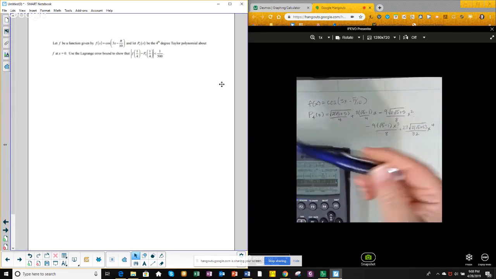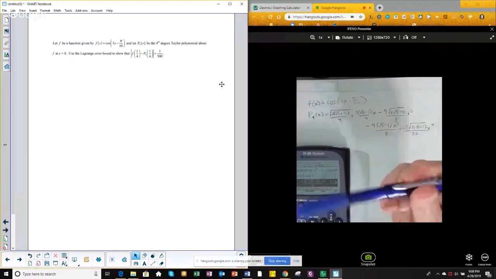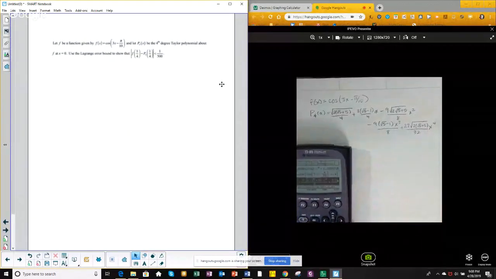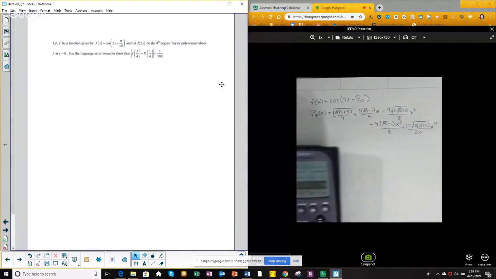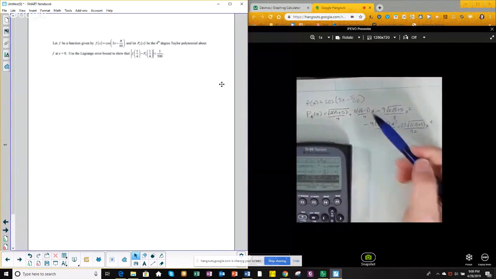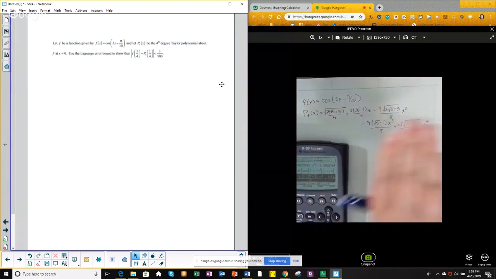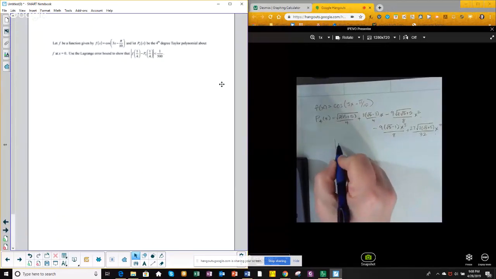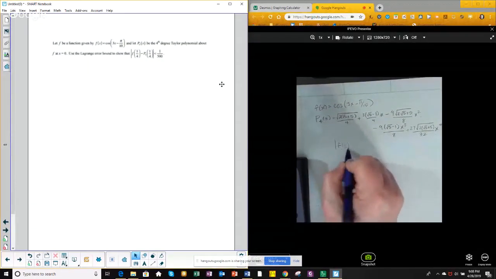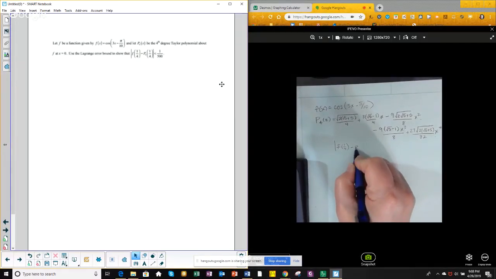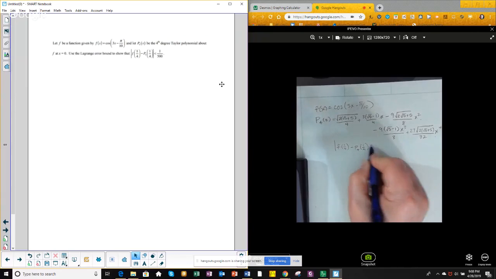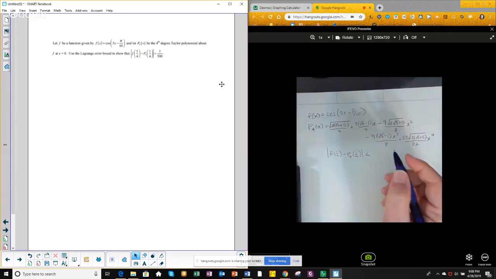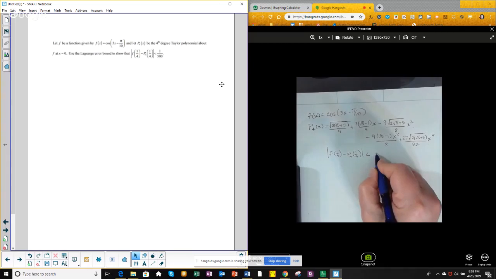But the question's asking us to use the Lagrange error bound to show that the magnitude of the error is less than 1 over 500. Okay, so I'm looking at my Taylor polynomial here. It's degree 4. So the next degree, the derivative that we would have thrown away, would be the 5th derivative. So we're going to say that the magnitude of the error evaluated at 1/4, minus the fourth degree Taylor polynomial evaluated at 1/4, is going to be less than, well, using Lagrange, we're going to have the magnitude